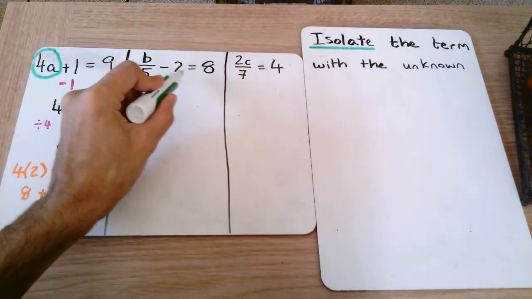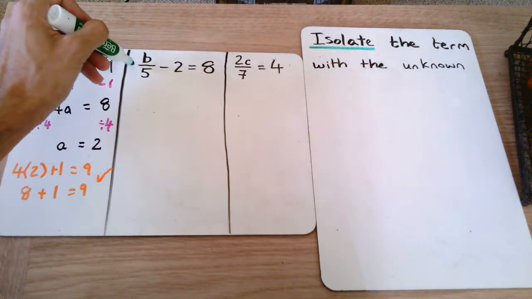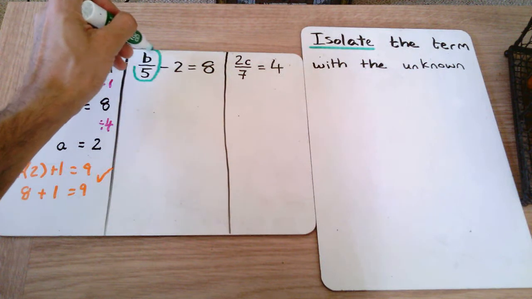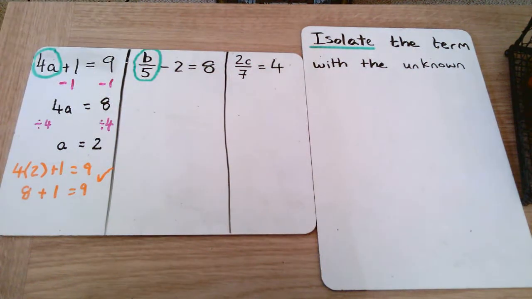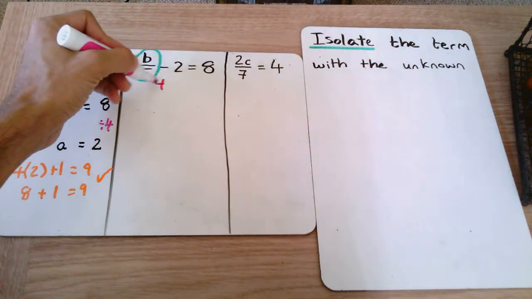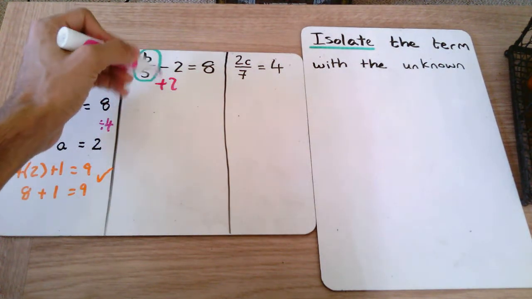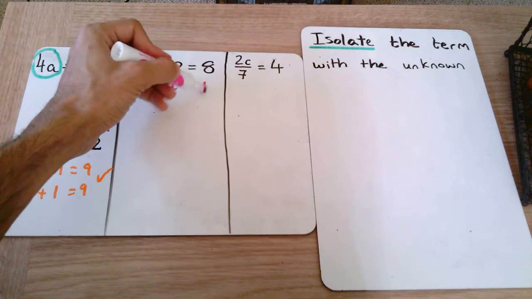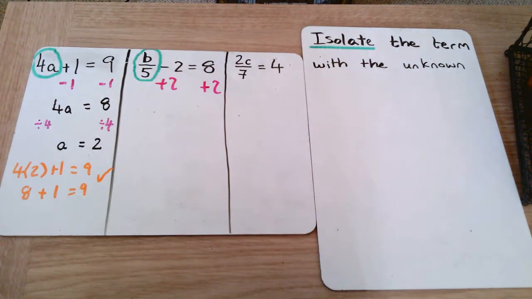Now we've got two terms over here. The term with the unknown is the b over 5, and we need to isolate that. Now with that b over 5, there is a minus 2. So to get rid of a minus 2, we have to plus 2. If I plus 2 over here, to keep the equation balanced, I have to plus 2 over here. That will give me